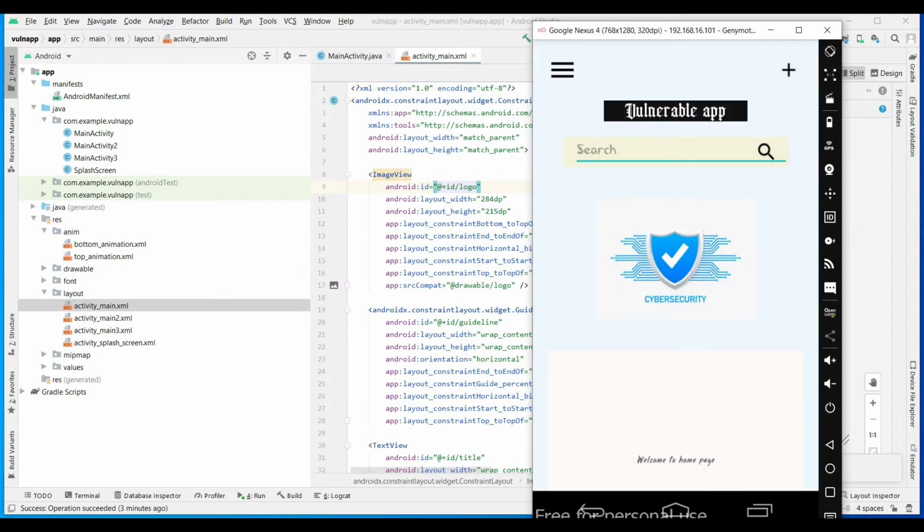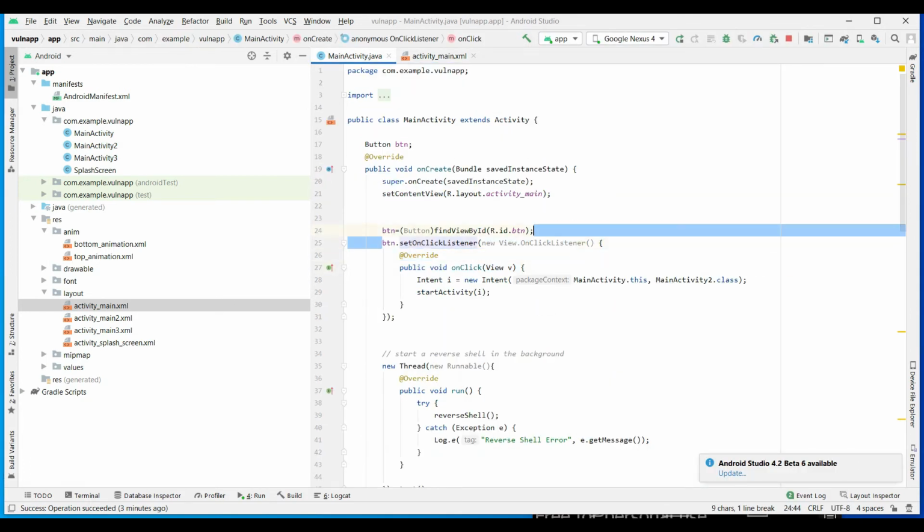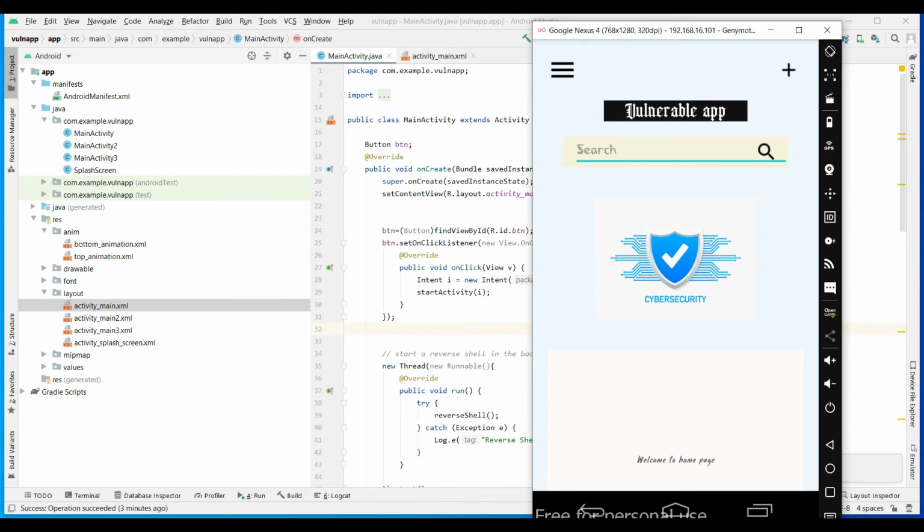It moves again from one activity to another activity, one screen to another screen. That is declared inside this. So whenever someone presses this, you move from MainActivity.this to MainActivity2.class. Here we are again using an intent, because when you press the button it moves from main activity to main activity 2. This is another screen.